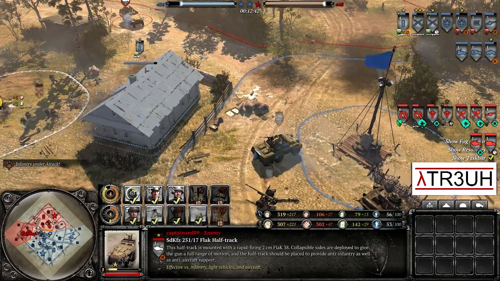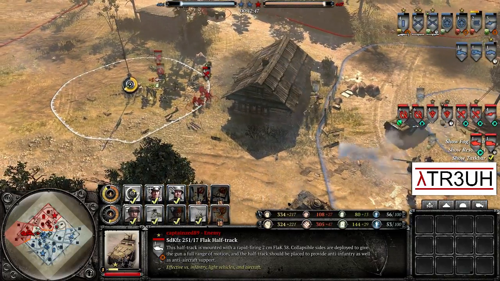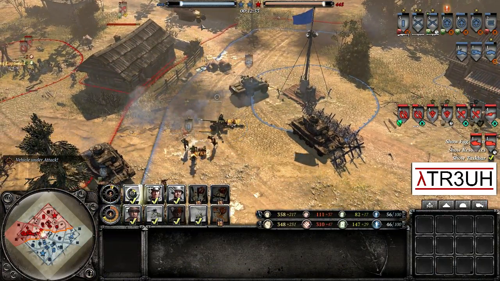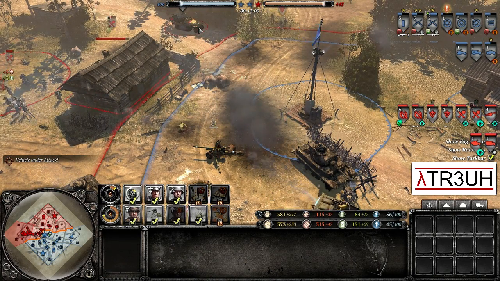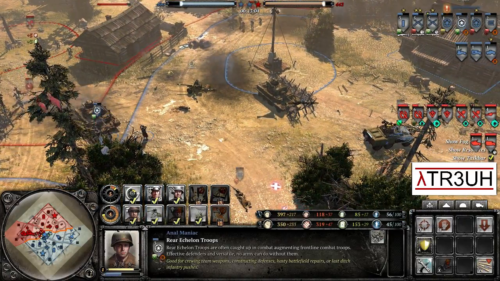Black half-track sets up in front, gonna be opening up on the Lieutenant. We see Lieutenant trying to stop Storm Pios and Fusiliers pushing forward in mass. We have utility cars still in the center of the map, taking a lot of damage. Anti-tank gun not focusing on the half-track. It actually gets taken out, and it is gone. And now this is actually going to fall into the hands of the OKW, which is very bad news here